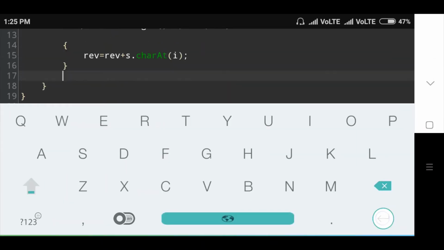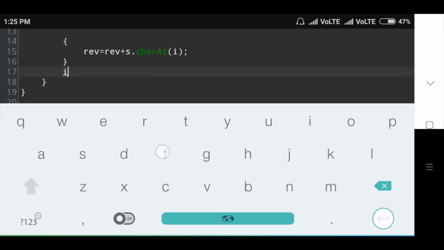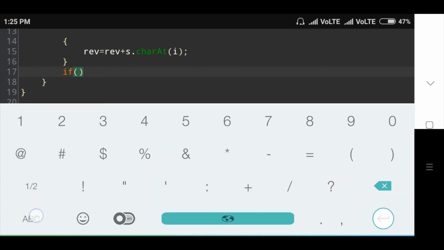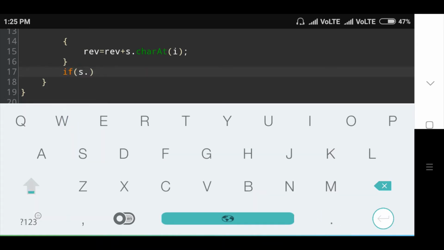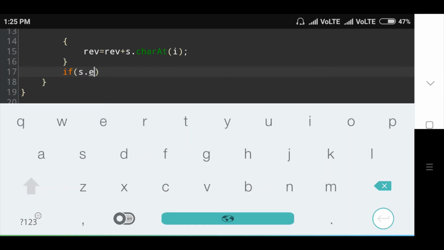Then next condition: if s dot equals of reverse. In this method I will check whether the original string and the reverse string are equal or not. Okay.